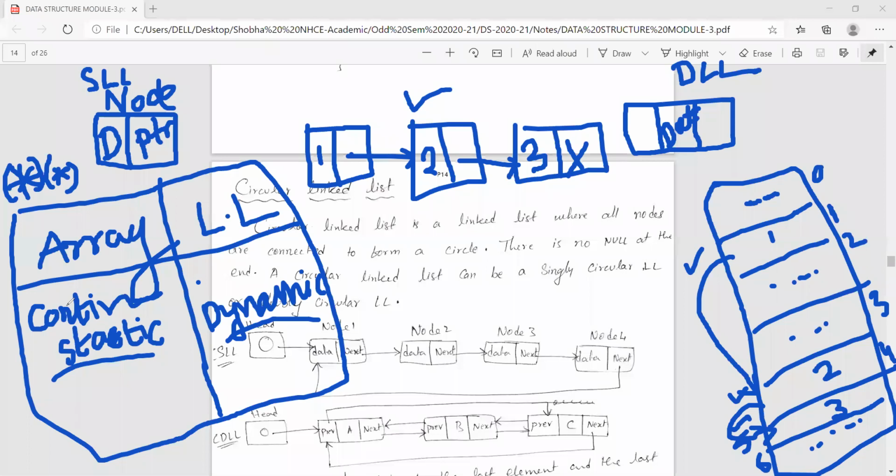The contiguous memory allocation is required for an array. For a linked list, it is not required. Even though the memory is scattered here and there, if it is available, it is not a problem. Whenever you want to create a node, you will use that particular space. If it is not contiguous, it is also not an issue, but you will use it. Is my point clear?